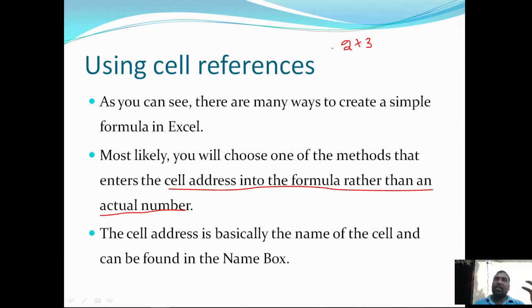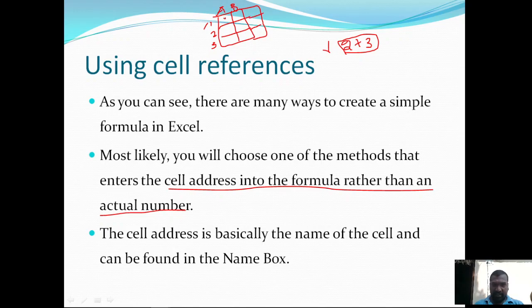Later, if I want to change the two numbers, then I need to edit these values. So for example, this is row 1, 2 and 3, and this is column A and B and C.